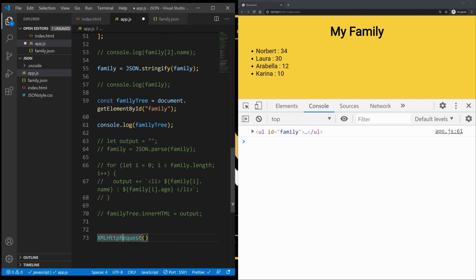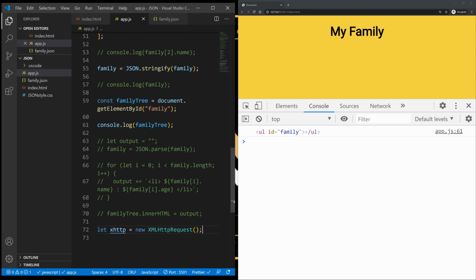Now I'm not going to go too deep into this right now, but just so you know, we can use this, and I'm just going to use this in order to show you how to get this JSON file and output it in our HTML. So we're going to use data to output in our web browser. So let me create here a variable. Let's just call it X HTTP. I'm going to assign it to new XML HTTP request, which is a method.